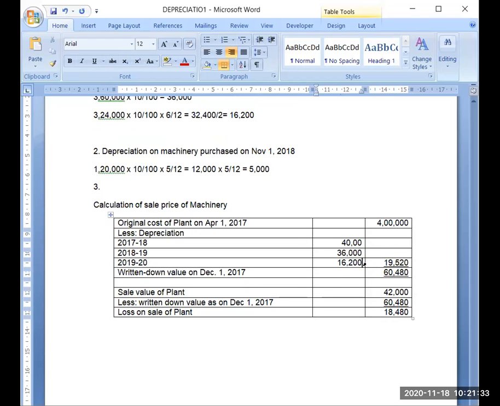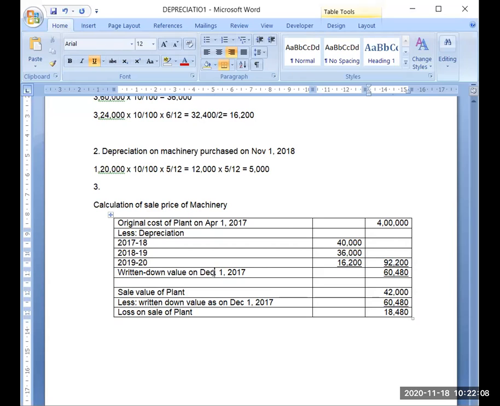So the total amount of depreciation charged is 92,200. So the written down value